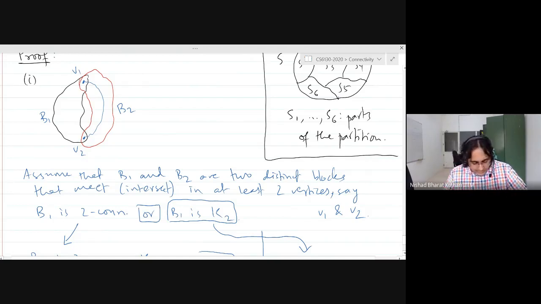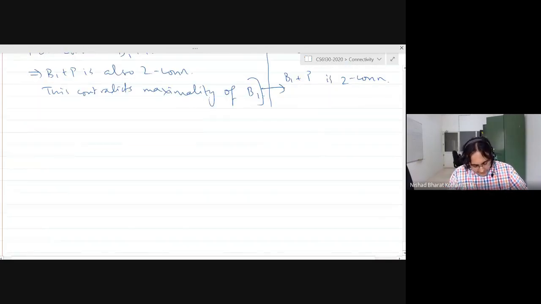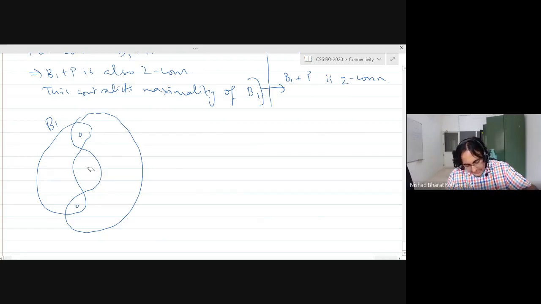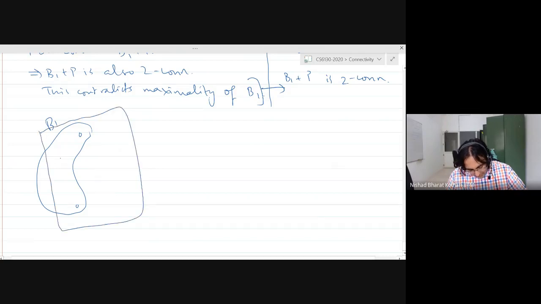That is true. What Samuel is saying is that we have to be more careful. So what could happen is, this is B1, and we know that there are 2 vertices in common, but there could be more vertices in common. So what could happen in this path is that, yeah, the drawing is a misleading drawing. That is the problem. So that is why we have to be more careful. So what could happen is something like this. This could be B2. And now the path could go between B1 and B2 like this. Is that what you're saying? Yes. So how do we deal with this?